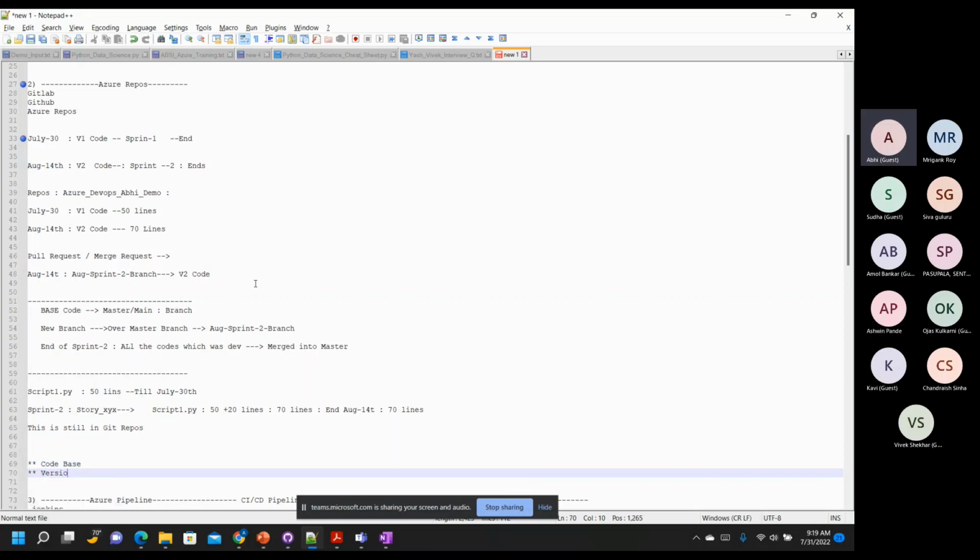Okay, so at any point of time, let's say you are promoting a code into production, and because of any reason your code gets messed up and you want to do a rollback, right? The people who do the production migrations, part of the operations and maintenance team, they know what it means to promote the code manually, and they will always ask you to have a rollback plan. Okay, so what do you mean by